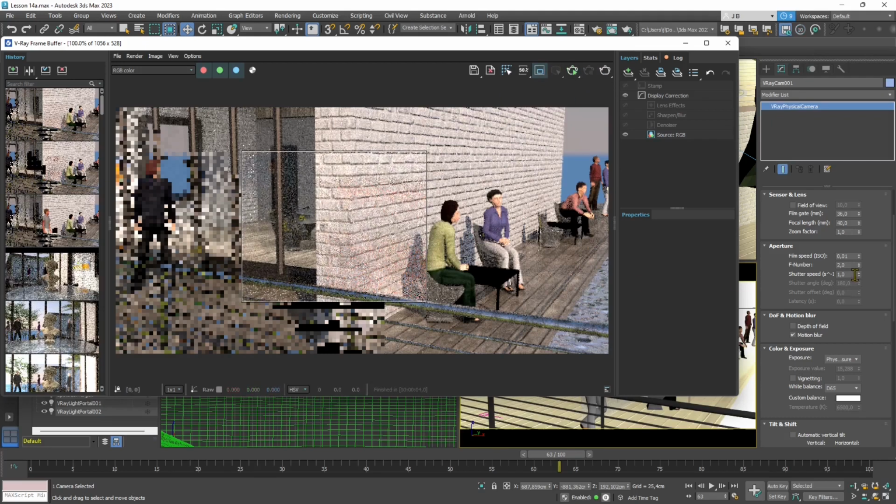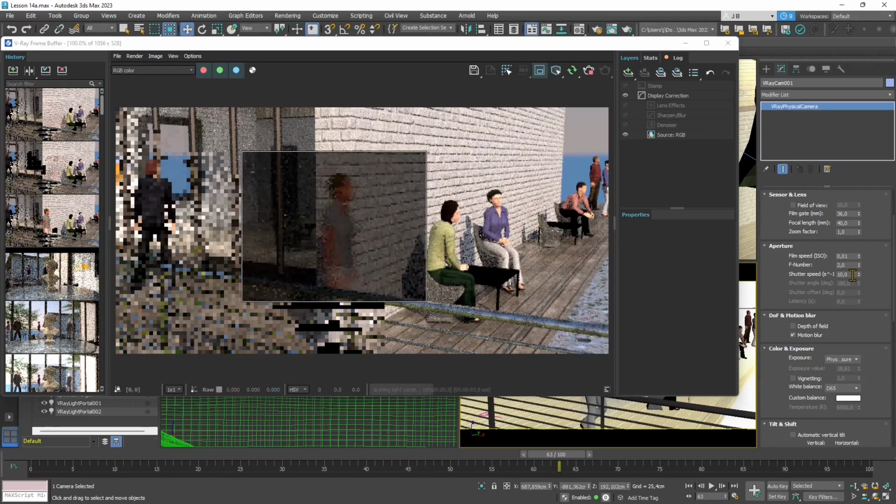So remember first to turn on motion blur and then do some tests. And now you can see there, this is a more mild effect. So I can still see the person there. I can perceive that it's moving, but it's not so blurred. I can see it's a more balanced